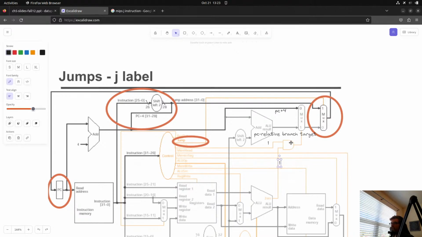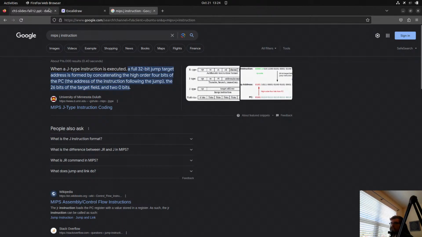Yes, then it's 1. So what I'm getting at is we can either force this to always be true, so that we select the PC relative branch target, or we could have a separate signal where we have basically an OR, right? Where we're saying if the ALU tells us to branch, or we're just forcing a branch. So the logic looks like,